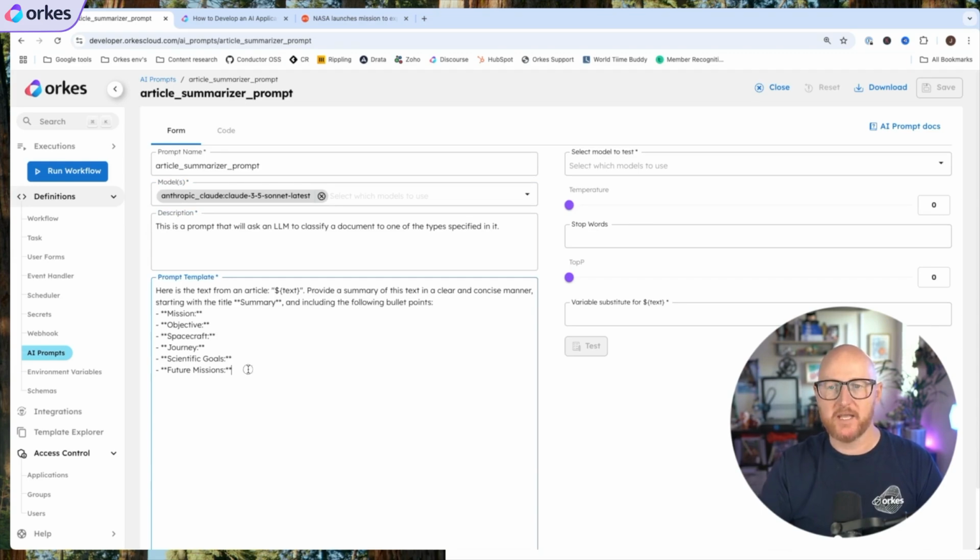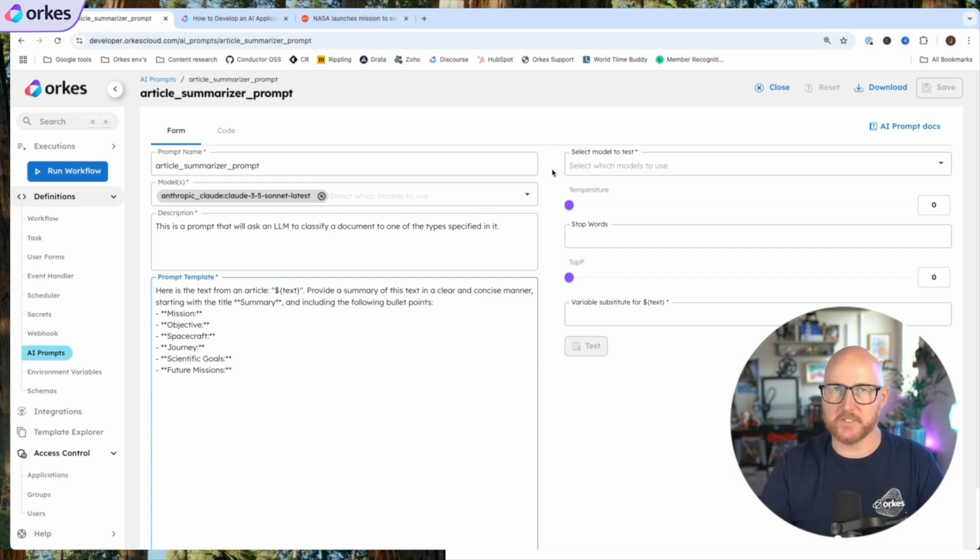Now, the important part about this is just Markdown for the most part. This is how I want it formatted when I request the article be summarized. This is all happening on the backside. So we need to write this prompt up front that is going to be sent to the model that the application down the line could then use. This is all written in Markdown, which is pretty straightforward. And then there's a section here, you can see right here, the $ text field. This is what's going to get replaced by the URL that you are asking to be summarized. And what we want to do is